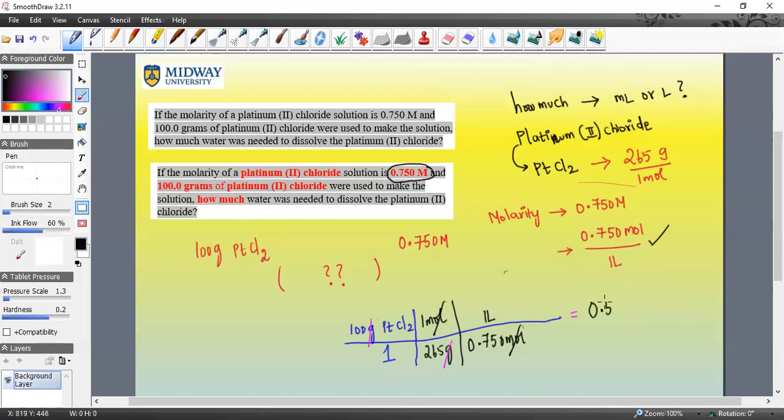liters. Well, if on the test I give you liters or milliliters, I won't mix them both up. I'll usually give liters or milliliters. So this is roughly about half a liter, or if you want it in milliliters, then it's 503. It's 503 milliliters because 1,000 milliliters make up a liter. Okay, I've already given that information. So